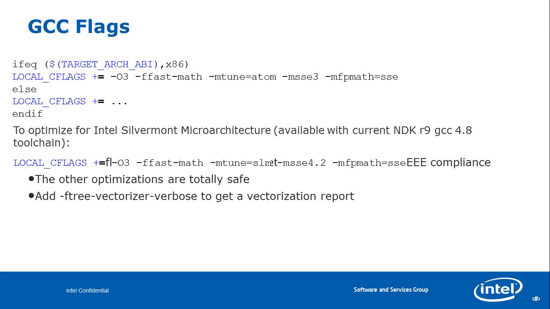and the -mtune flag gives you CPU specific instructions for optimization. For example, when you mention -mtune=atom, this is going to optimize your C++ code for the Atom platform. And if you give -mtune=slm, that is for Silvermont. This is again going to optimize for that particular platform. SSE 4.2 is available for Silvermont, as I mentioned, so it's going to start using 16-byte operations instead of the previous ones, which were for SSE 3. So this is the advantage of the -mtune flag.